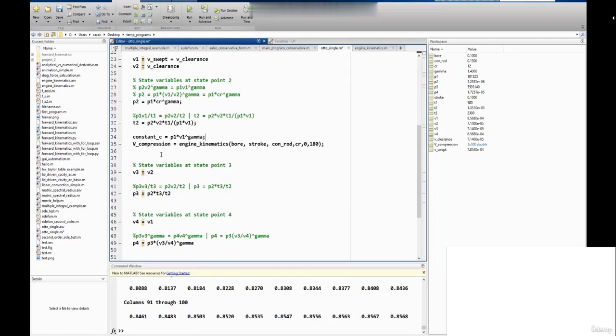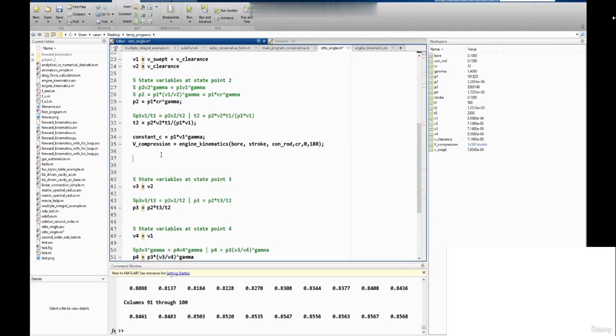If I determine this constant, then during my isentropic process, P times V compression to the power gamma is equal to the constant. So I can say P compression multiplied by V compression to the power gamma is equal to this constant